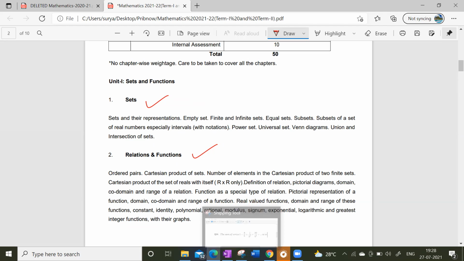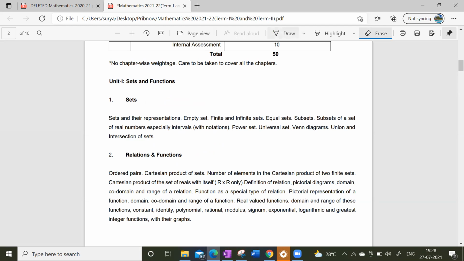Clear? I would like to tell you what topics you have to read. Look at this. CBSE children, please be aware of your syllabus: what to read, what not to read, which exercises have been removed. Look at this. In the set lesson, these are the topics you have to study. Apart from this, you should not study anything from the exam point of view. For the JEE point of view, you have to read everything and solve all types of questions.